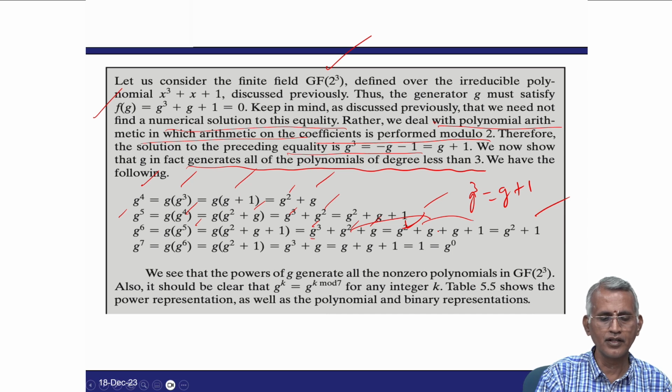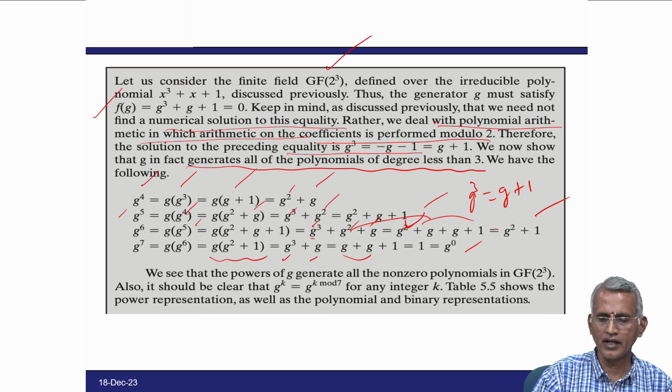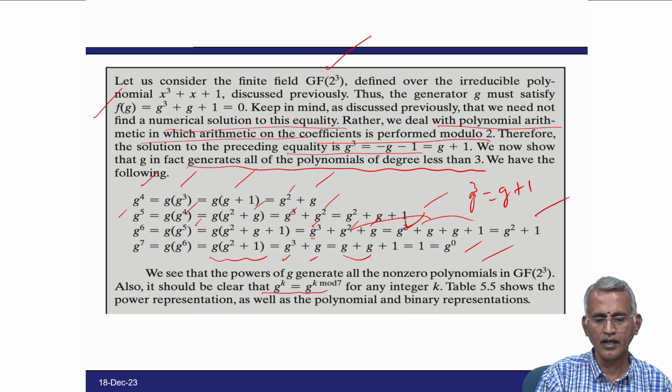and g power 7 is g into g power 6, which is equal to g into (g square plus 1), previous taken. So, g into g square is g cube and plus g, and g cube is g plus 1, g square keep as it is, g gets cancelled, therefore 1. So, 1 is nothing but g power 0. So, we can write the generator like that, and the powers of g generate all the non-zero polynomials of GF of 2 cube. So, it shows that g power k is equal to g power k modulo 7 for any